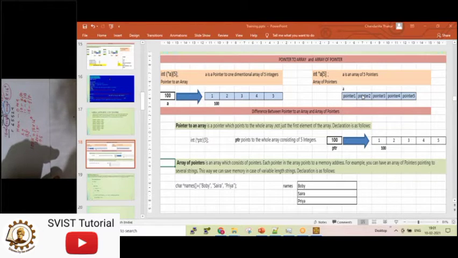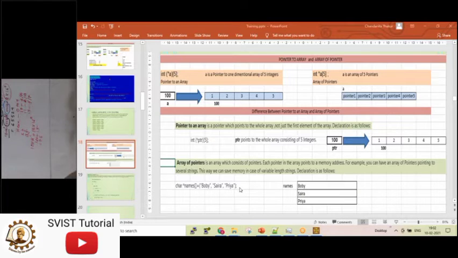It may be like 100, 200, 300, 400, 500. If you go to the 100 location, you will get a value, suppose 1. Next is 200. If you go to the 200 location, you will get a value like 3. Is it clear?